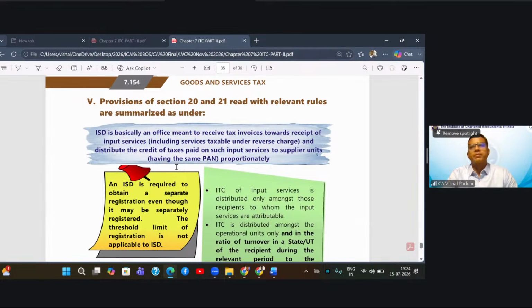Now students, let us first understand what is ISD, what is the logic of ISD, and then we'll go to the detailings of ISD. So ISD is a short form, the long form of which is Input Service Distributor, ISD. Now, what is this ISD concept? So let me first explain you the concept. Again, students,